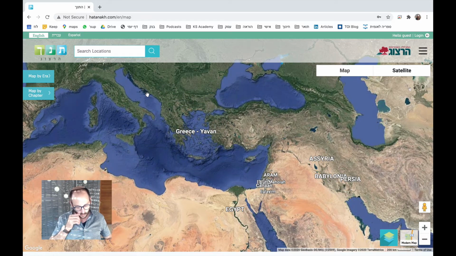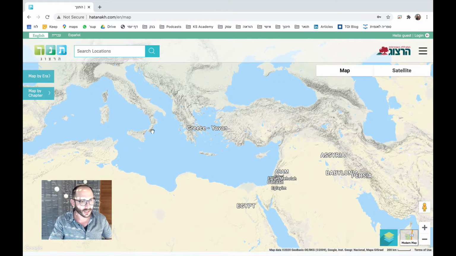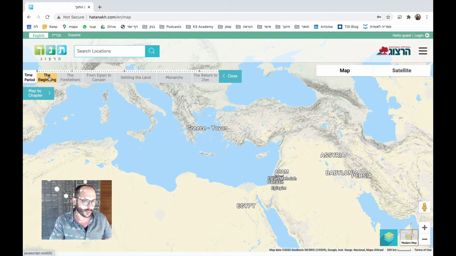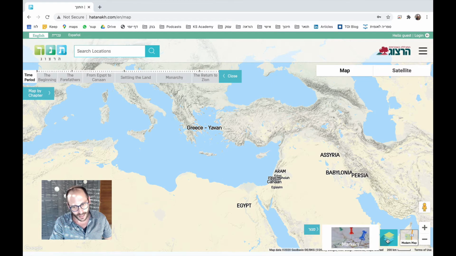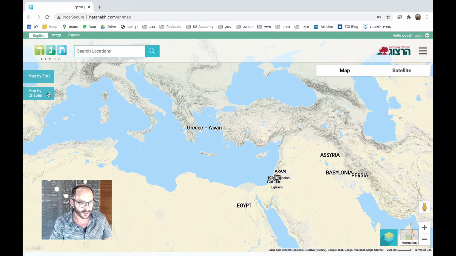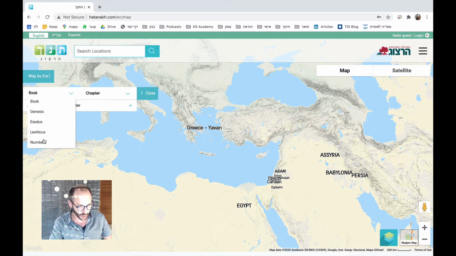The next example I want you to see, which is fascinating, has to do with the portions, the Nachalot of Eretz Yisrael. I'm going to go back to our biblical map, just to clean it up a little bit. Now what we're going to do is go straight to settling the land. Settling the land, Sefer Yoshua. Now let's open maps. The layers doesn't do anything, so you have to go and select by chapter. We're going to go into Sefer Yoshua,